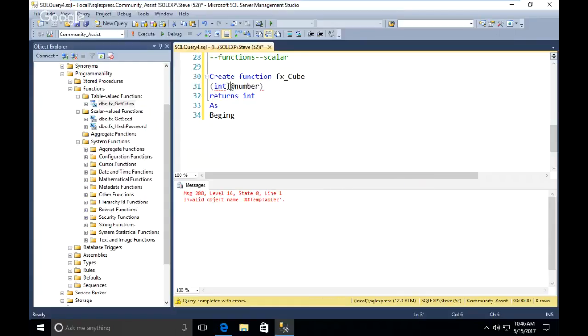Oh, I know what it is. Okay. And that's begin, not begging. And I'm going to be more verbose than I need to be. I'm going to do declare at